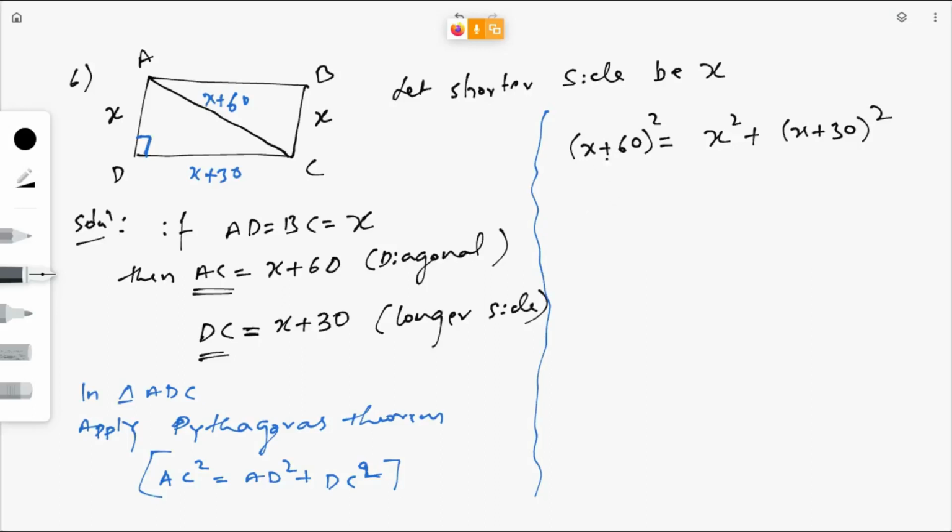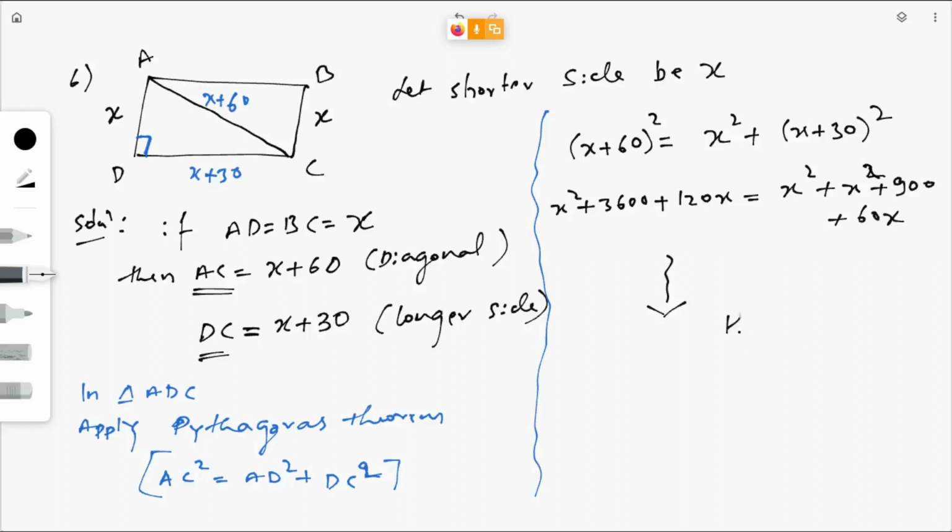So here x plus 60 whole square, you will get x square plus 60 square, 60 square is 3600, plus 2ab, that is 120x, is equal to x square plus x square minus 30 square, that is 900, plus 2ab, 60x. So if you simplify this,